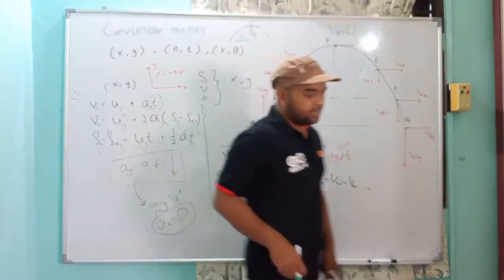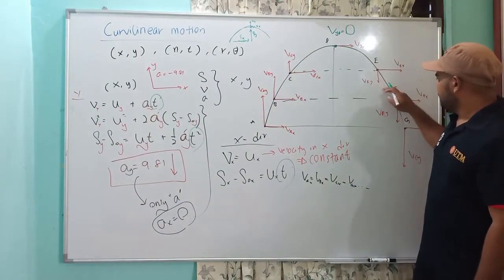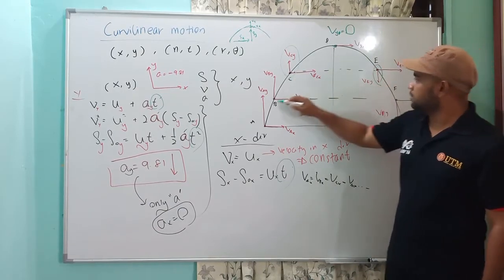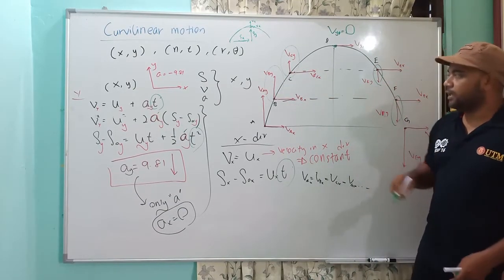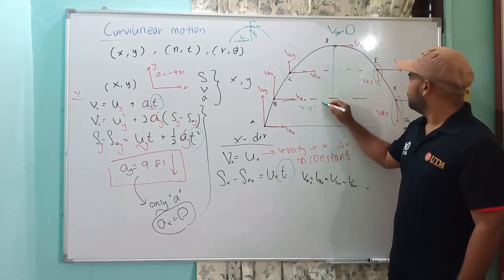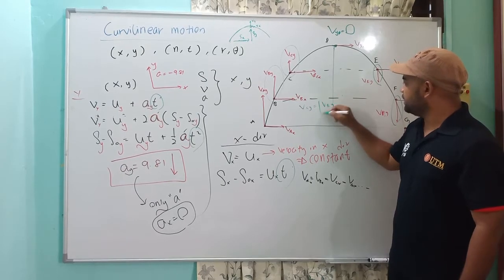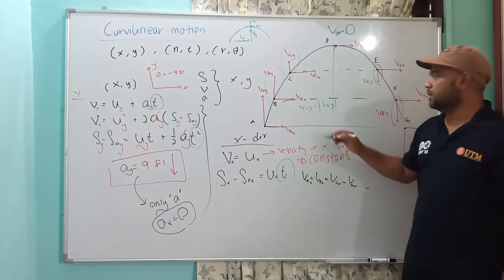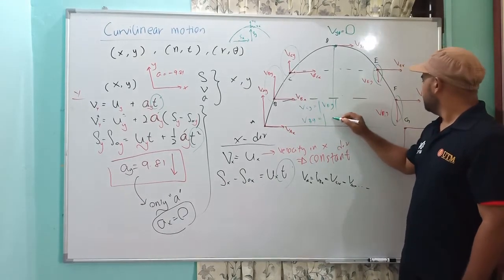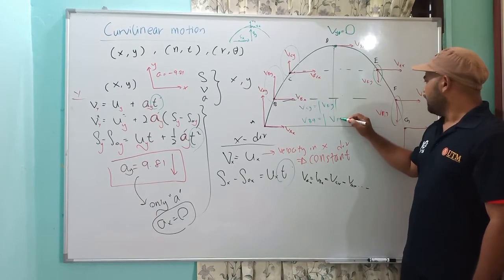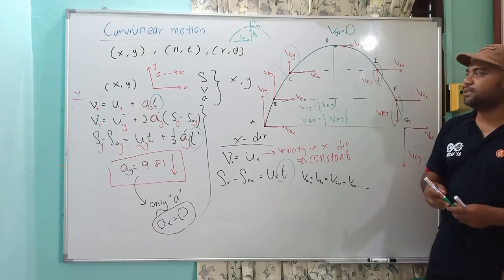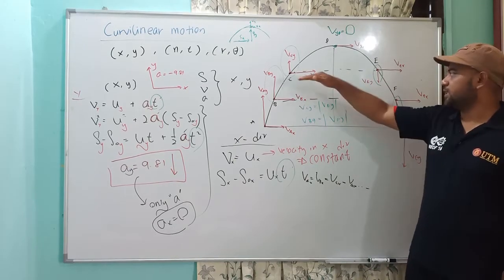Okay, then it will take the velocity going down faster and faster, and you will notice here and this one, here and this one, at the same level, VCY will equal VEY, opposite direction but same magnitude. Same as this one. If I'm taking VB, VBY will equal VFY, opposite direction but same magnitude, when it goes down to the same level.